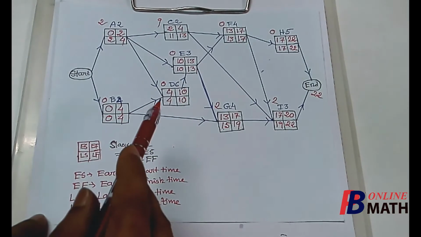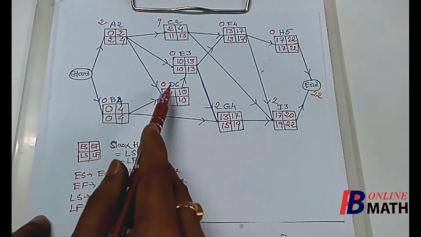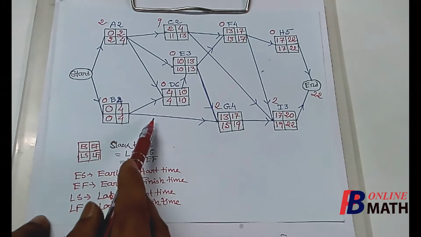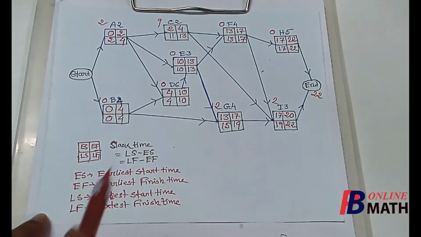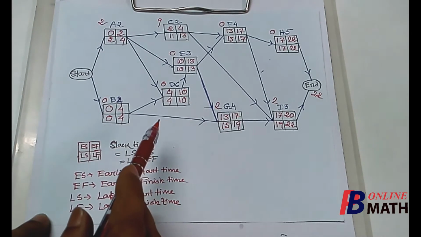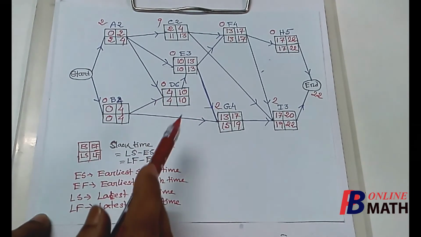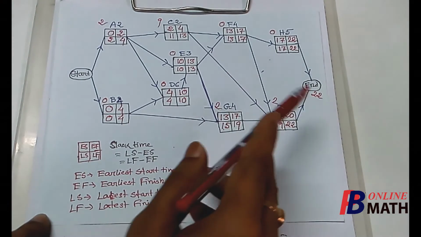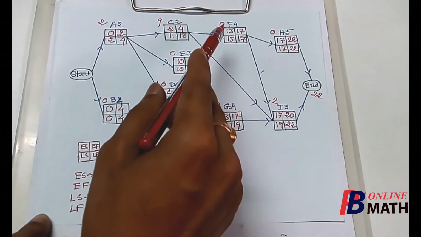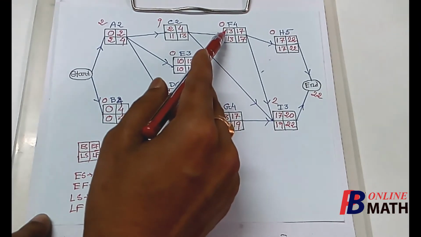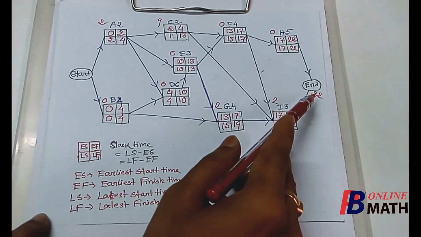If we consider the activity D, then we find that the earliest start time of the activity D is 4 days and the latest start time of the activity D is 4 days. So the activity D must be started sharply at 4 days such that we can complete the project within 22 days. Similarly, we find that the activity F must be started sharply at 13 days such that we can complete the project within 22 days.